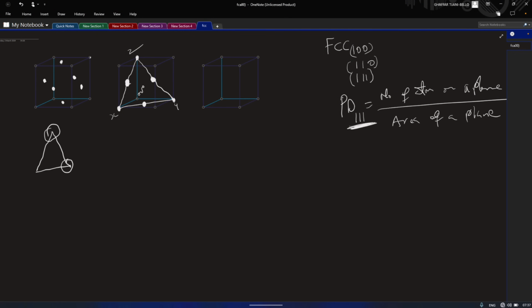Circle, circle, circle. Those are the atoms leaning on the walls. Then we have another atom here, another atom here, and another atom here. These are the atoms on the face-centered part of each of our walls. So to know the distance of each side, what we have to do is take one